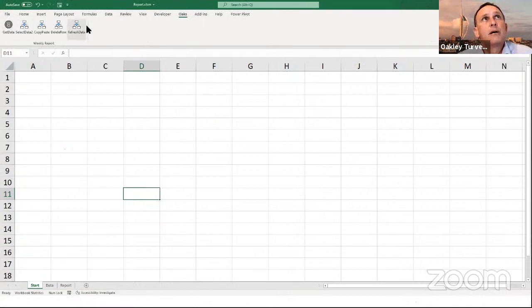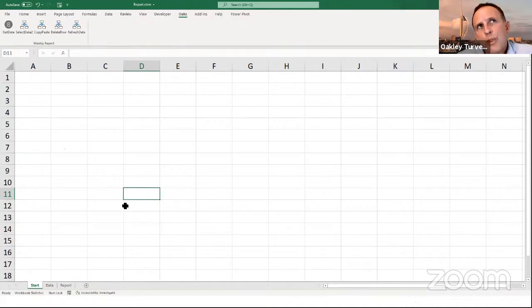Now, when we look at our custom ribbon, we've got all of these different macros on here with their wonderful custom names and custom icons as well. So that's another way of actually running your macros, by putting buttons up there to run the macro. Now, with both of these, they're quite specific because these are going to stay on your machine. They're going to be available on any file that you're working on. So that's handy, but not if the code is in this workbook and you don't have this workbook open.